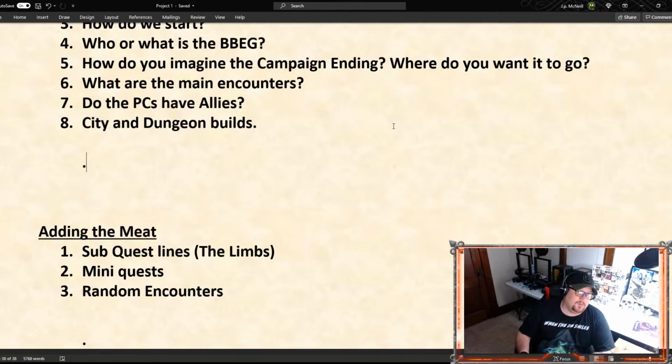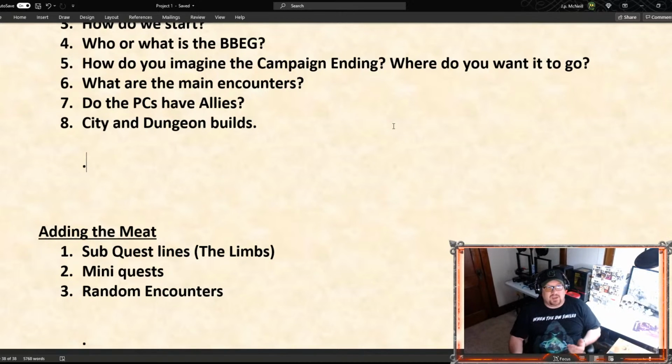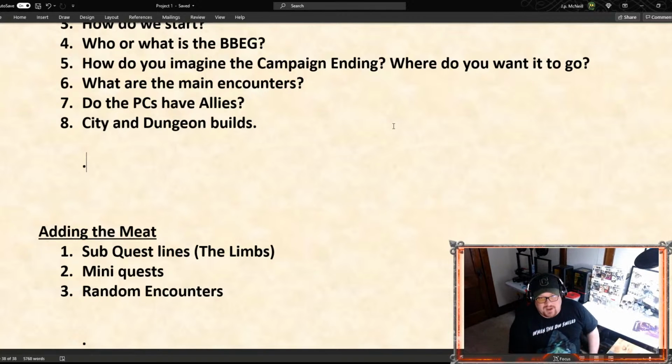Or it could be a shorter micro main quest. It doesn't have to be. You could have multiple main quests going at the same time, really, but I recommend having a couple subquests,